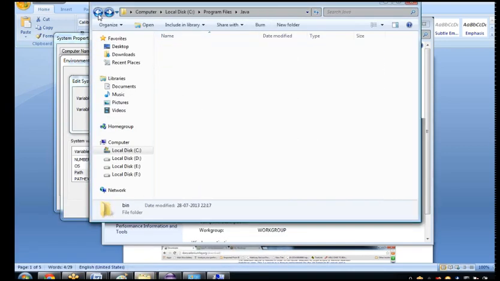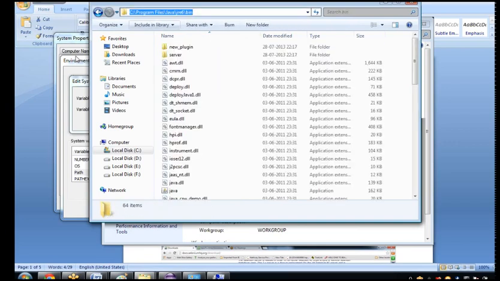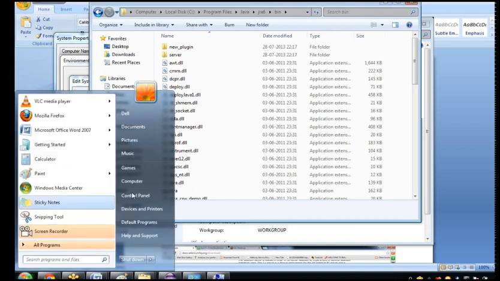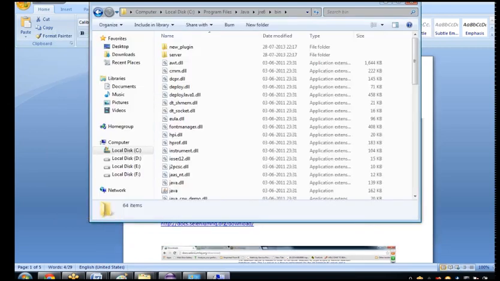Open JDK or JRE, anything. Go to the bin folder. Copy this entire path. Again, I am saying, My Computer, right click, Properties. Basically, you need to go to advanced system settings.